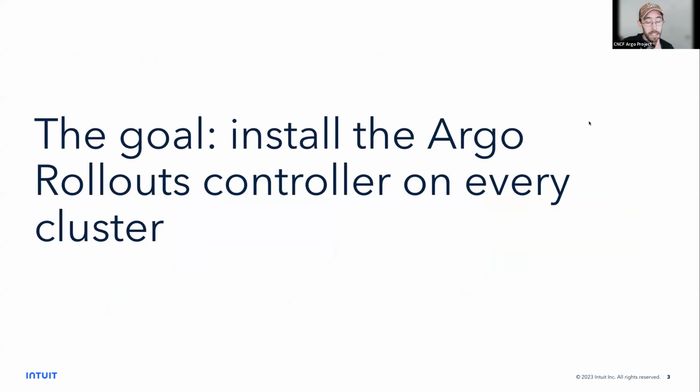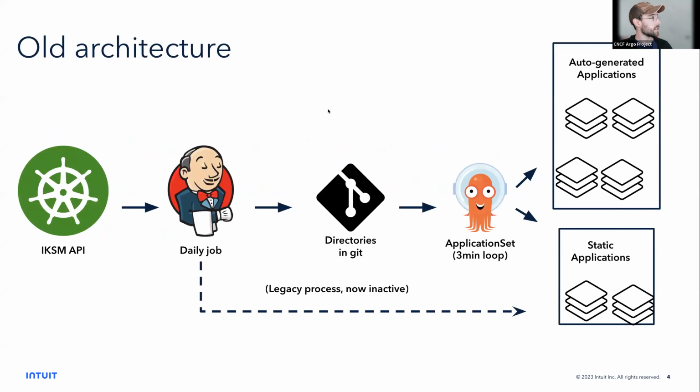So the goal is simply to install the Argo Rollouts controller on all of Intuit's clusters. And we have approaching 300 clusters and our own internal system to manage all of those and keep track of what clusters we have and attributes around them. So using that information, we need to deploy the Argo Rollouts controller, since a lot of our internal users will deploy their applications using rollouts. So I'll tell you about the old architecture, and then I'll hand it over to Ashutosh to talk about the